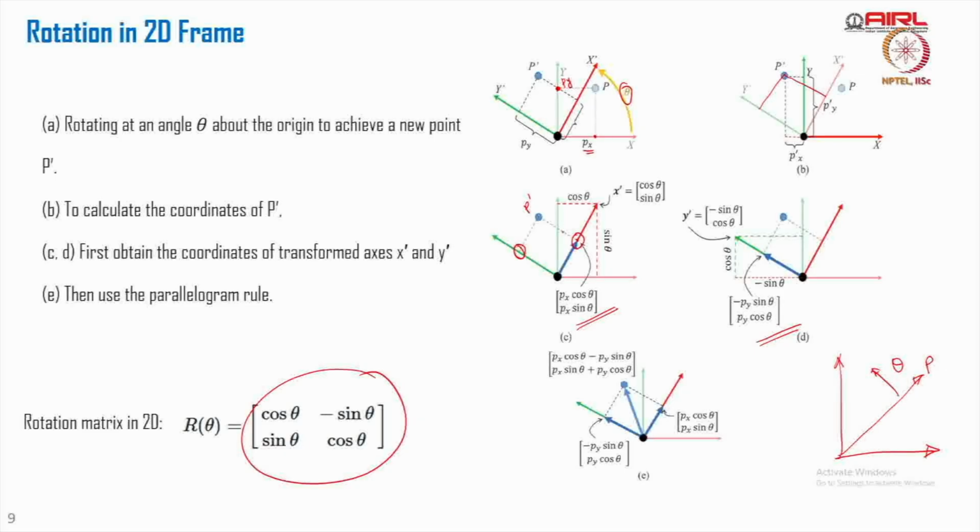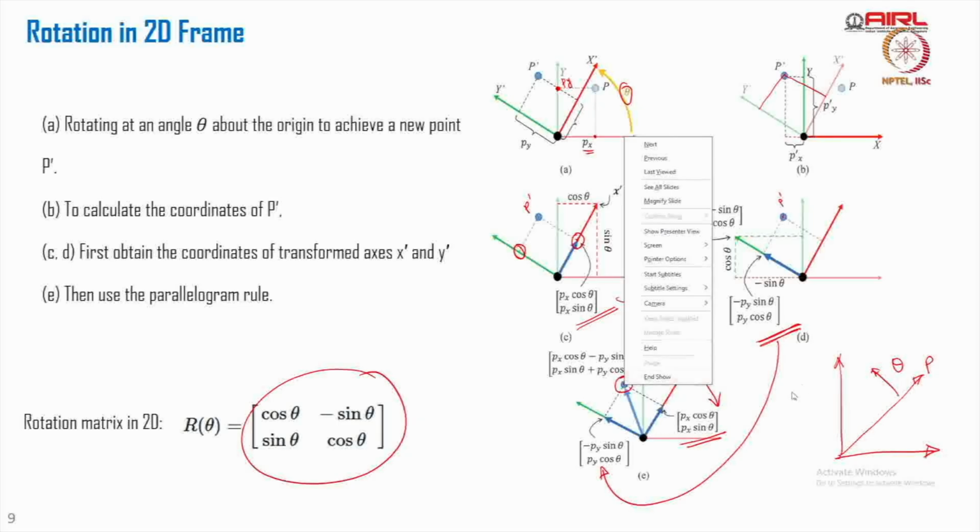So the x coordinate of the transformed point P hat in the transformed frame becomes px cos theta and px sin theta, that you can verify. For the y coordinate of the point P hat, it comes something like this. So when we take into account these two terms, px cos theta and px sin theta from here, and minus py sin theta, py cos theta from here,